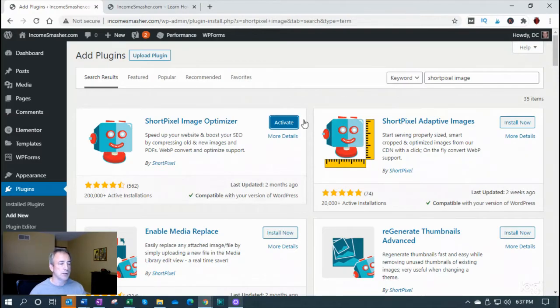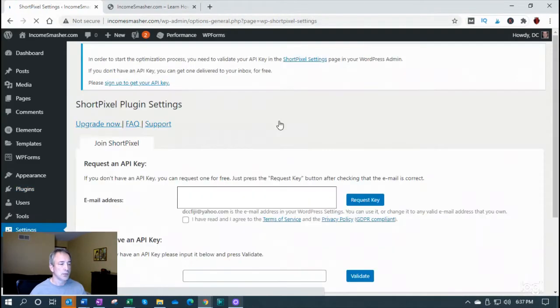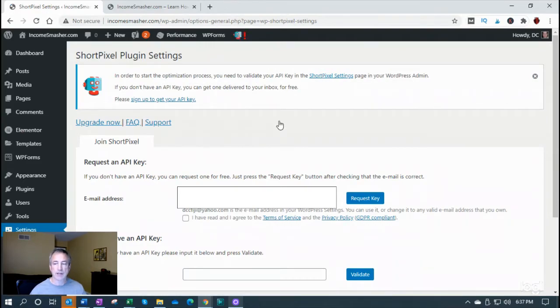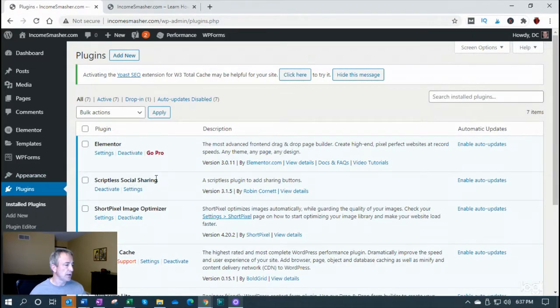So what you want to do is go and activate it, and then what I would do is use it for free, but at some point when you have too many photos or too many posts, you need to set up your API key. So just follow the directions. It's pretty easy, it's not really that hard to do. So follow that. But I wanted to go back to that one, sorry about that. Under settings,